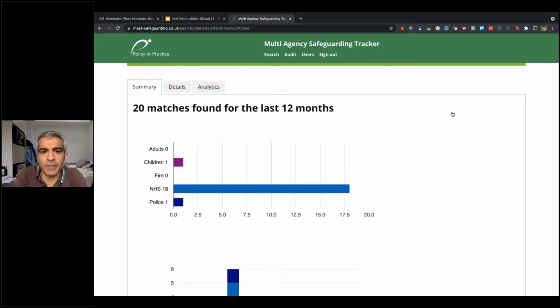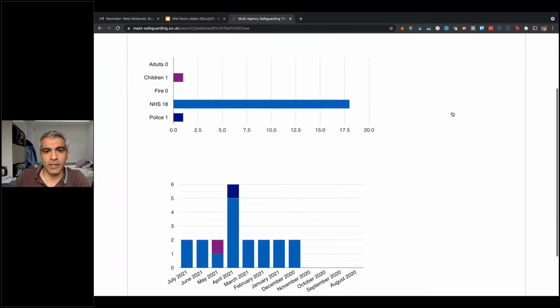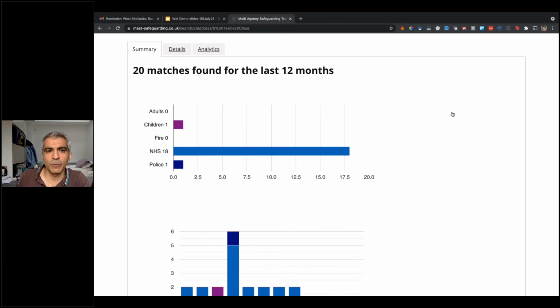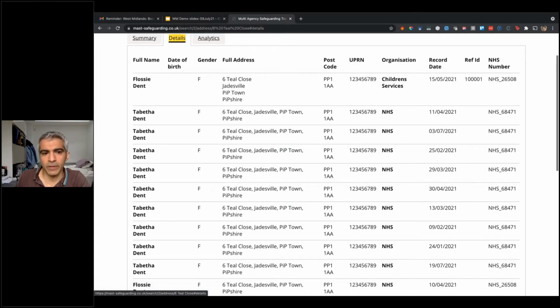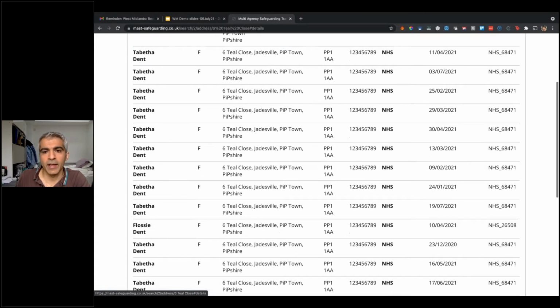Searching by address is generally a much more useful thing to click on, because the address information is what police records and fire records tend to use. You're starting to see there have been quite a few incidents here, much more than if you just look at Flossie. It's interesting to see that there's someone else here called Tabitha. I was a little concerned about whether or not to make the referral. Now I know that I can,